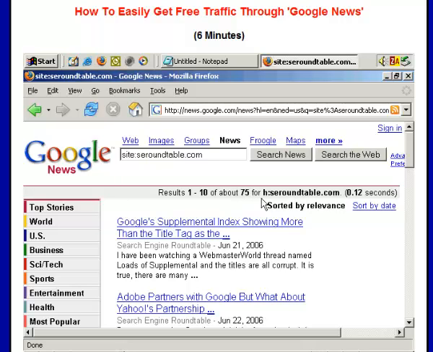And this site, Search Engine Roundtable, is specifically for the search engine industry, and it's a blog with news and articles. And obviously they suggested to Google News that their site would be a good news source, and Google's approved it. So if your site gets approved as a Google News source, you can get a lot of traffic, a lot of visitors from